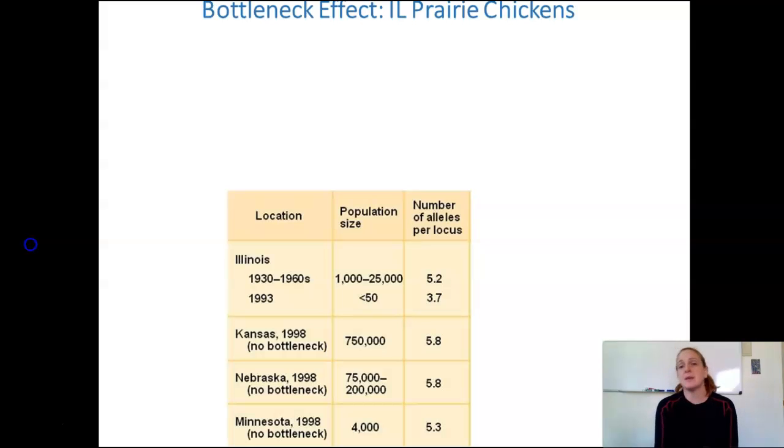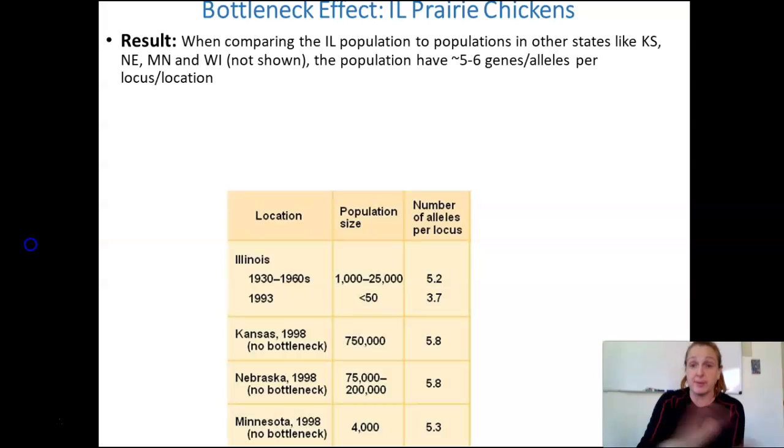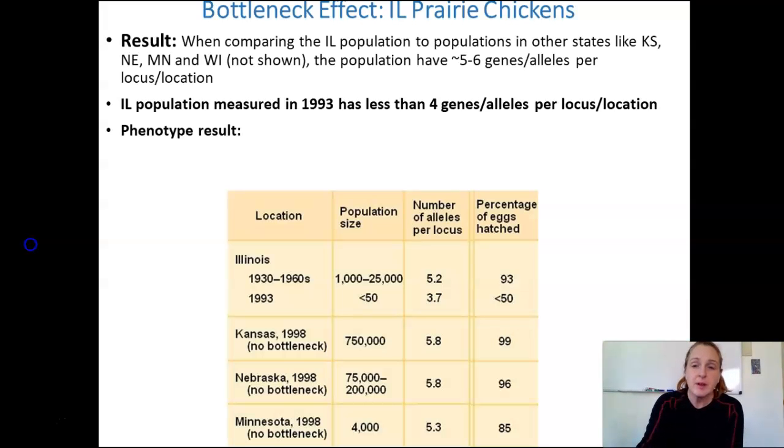So who cares? What does that mean? Like, what does that do to the phenotype? So we could count the genes per location. What did that mean for the population? Well, what that meant was that in the populations where the prairie chickens did not have a bottleneck effect, where they